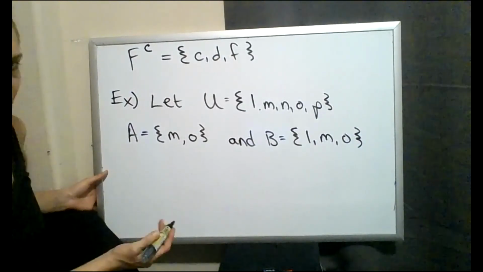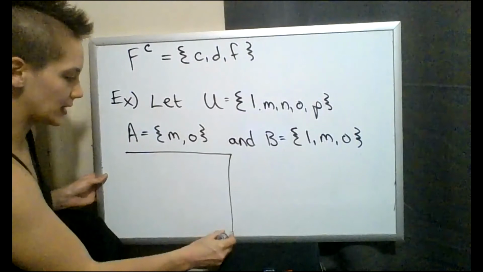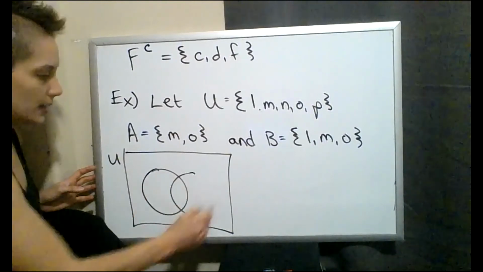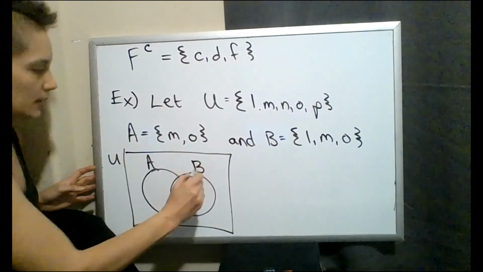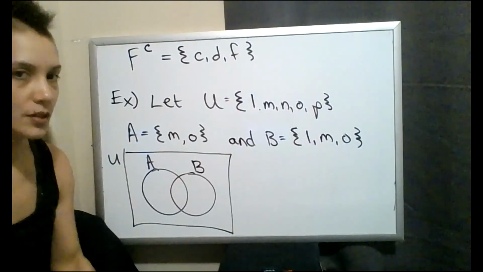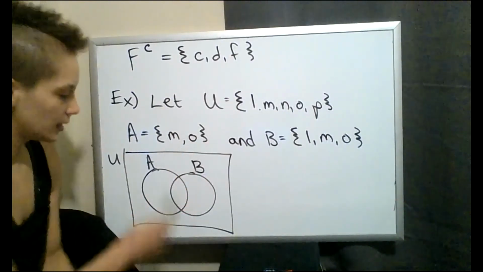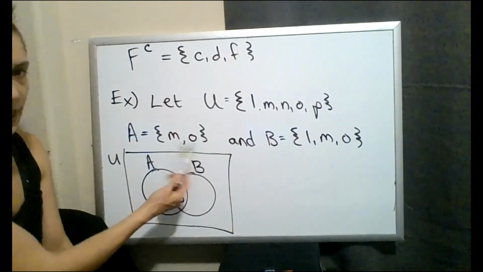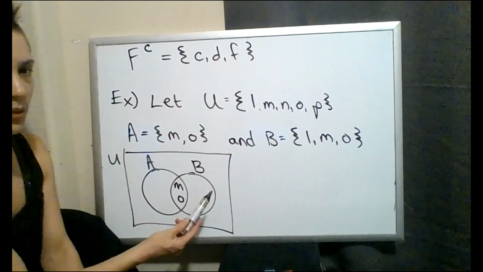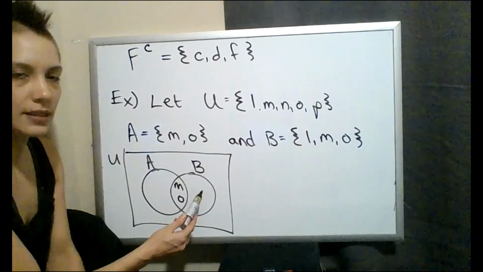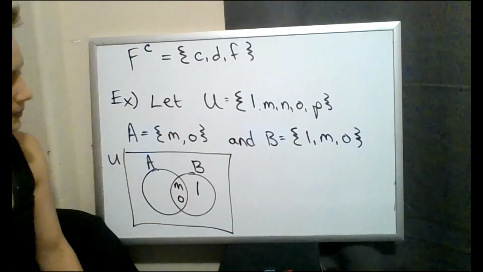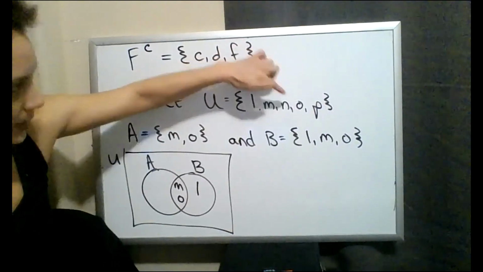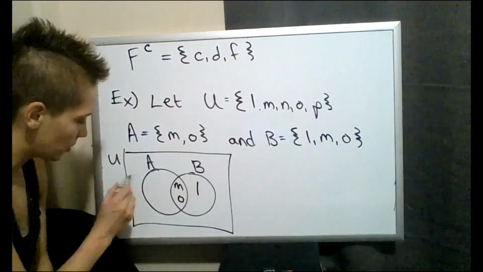Okay, so I think it helps to draw a picture of everything that's going on. A overlap with B, labeled. So M and O are common to both. It needs to go here. We've taken care of that set already. It's all filled in. Go over to set B. You need L, M, and O. And then outside of those sets, you have other elements. We need N and P to sit somewhere over on the side.